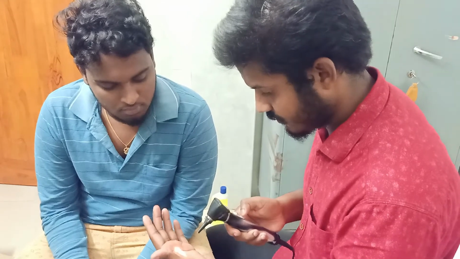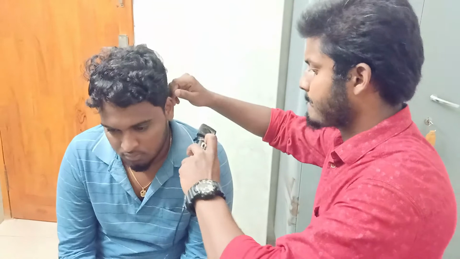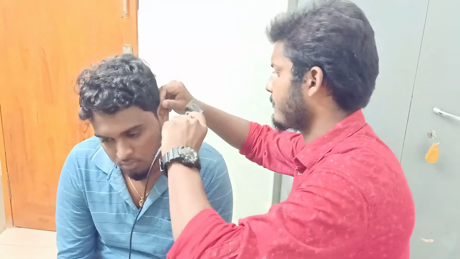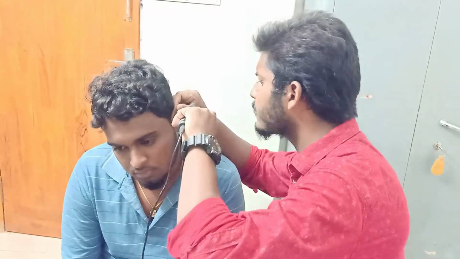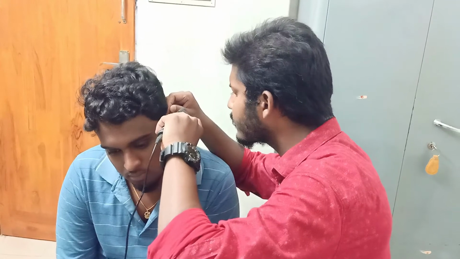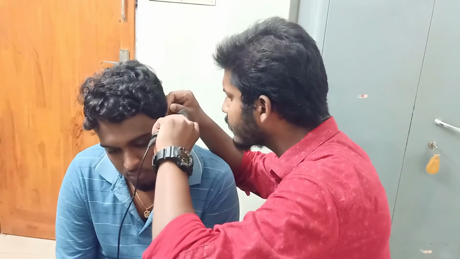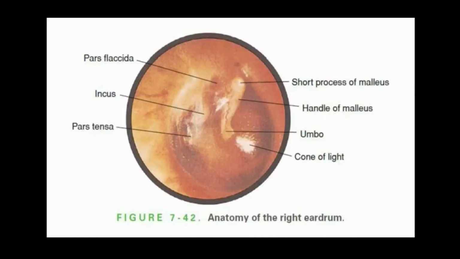Examining the ear canal and eardrum using an otoscope, insert the correct speculum into the ear canal, directed forward and downward, noticing any discharge, foreign bodies, redness of the skin or any wax. Inspect the eardrum, noticing its color. Identify the handle of the malleus, noticing its position and also the short process of the malleus.